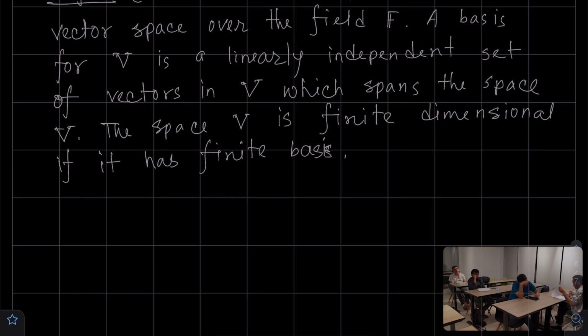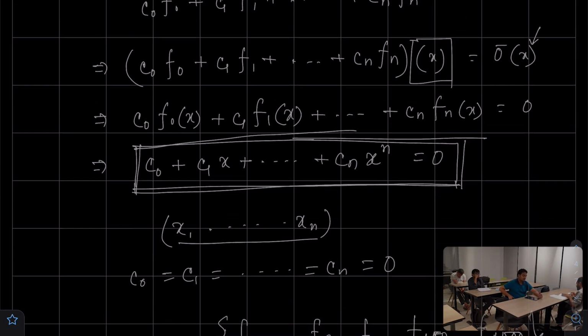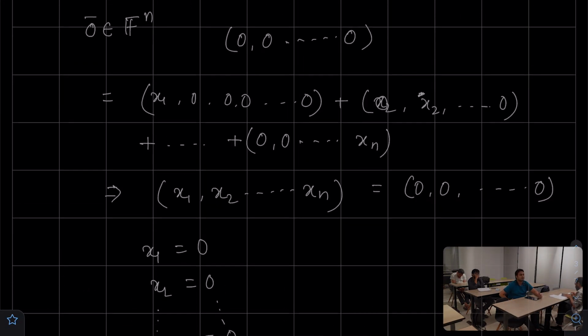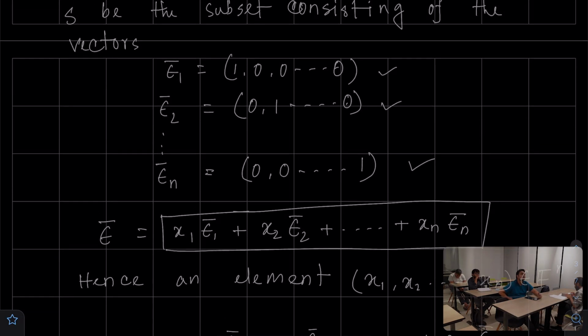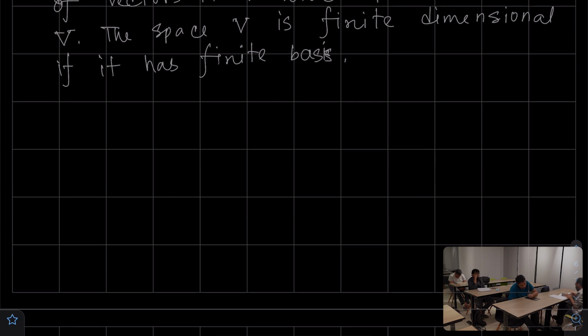Now, can you tell me what is the standard basis of the Euclidean space? For Euclidean space, that means I'm considering R to the n. Yeah, that is exactly this one. Yeah, this one, the standard Euclidean basis. Okay, so